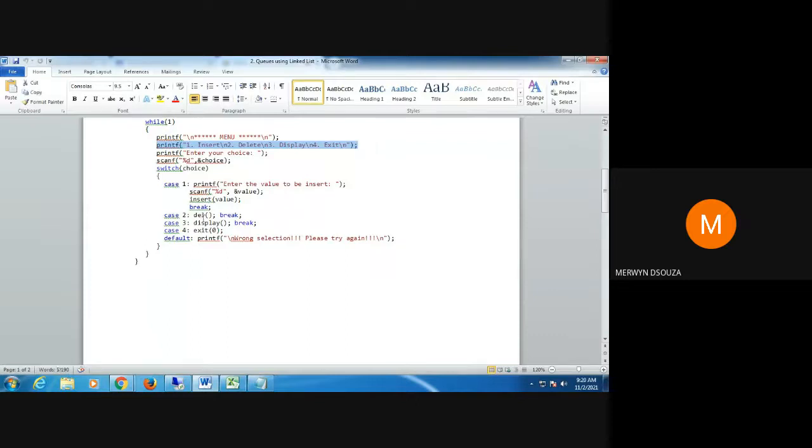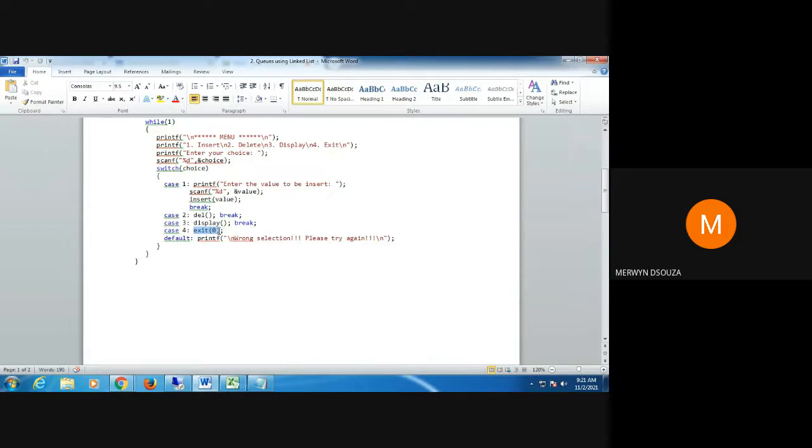Accordingly, we have a switch case, and there are 4 cases. Case one calls the insert function, wherein whatever input we take from the user will be stored in the queue using the insert function. In the second case, we have the dequeue function, that is the del function. The third is the display of the elements, and in the fourth we use the inbuilt C function exit 0 to exit.